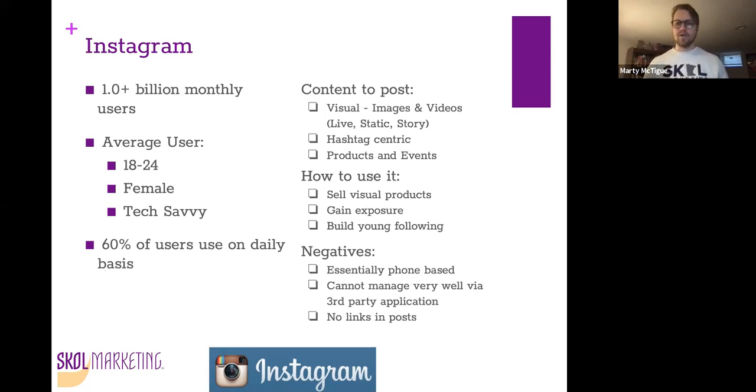The link will not work within the post. So obviously that's negative if you're trying to drive traffic to your website, but from the branding side of things and exposure to products and that younger demographic, with 1 billion users, definitely a key place to look at.